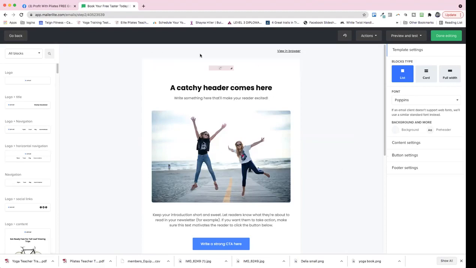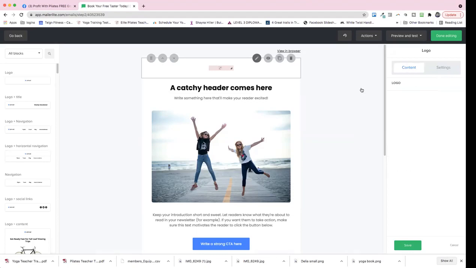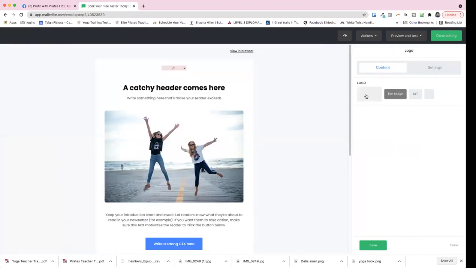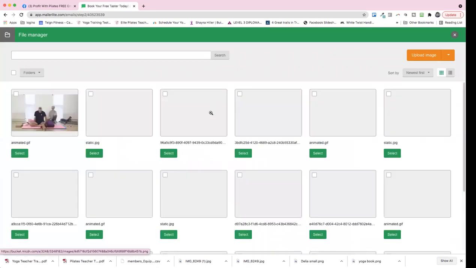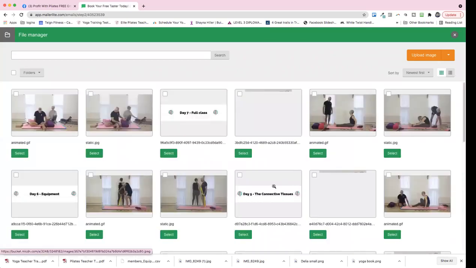So top over here, if you click on the pen for edit, and then that one's got edit image, which is the one that I've put in, but let's just delete that and we'll show you how to do it again. So that's what you will have. So you click on change. And then I will find